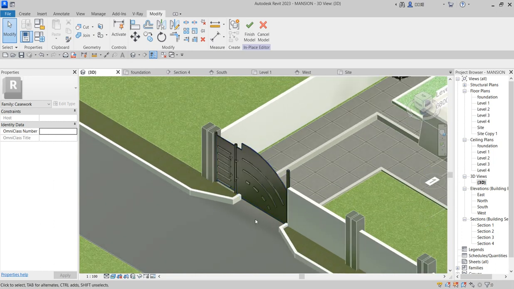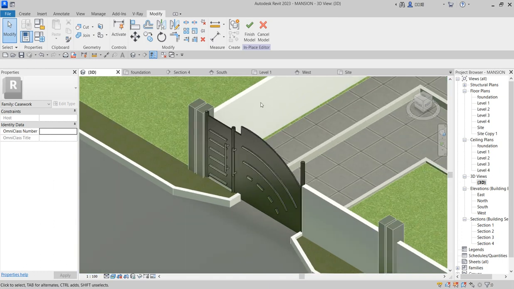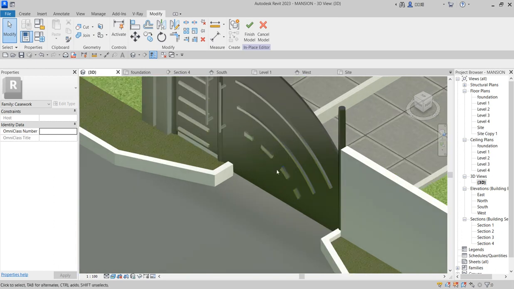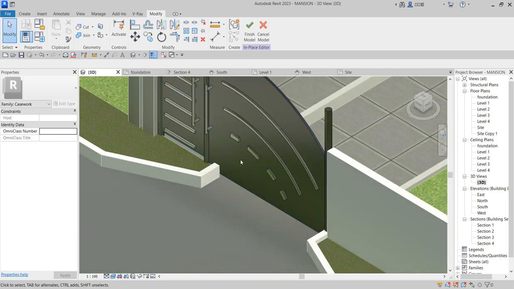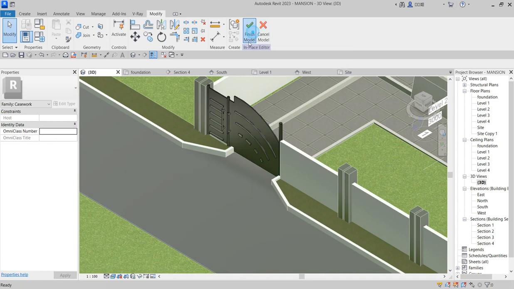So this is the gates in which you have already played. So you are going to edit this part now for the part of the security side. So this is how the gate looks like. I think with this now you can see we have something unique. So finish this